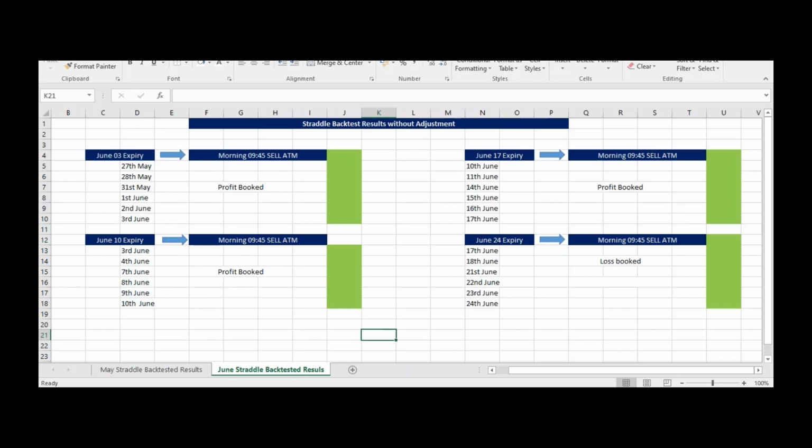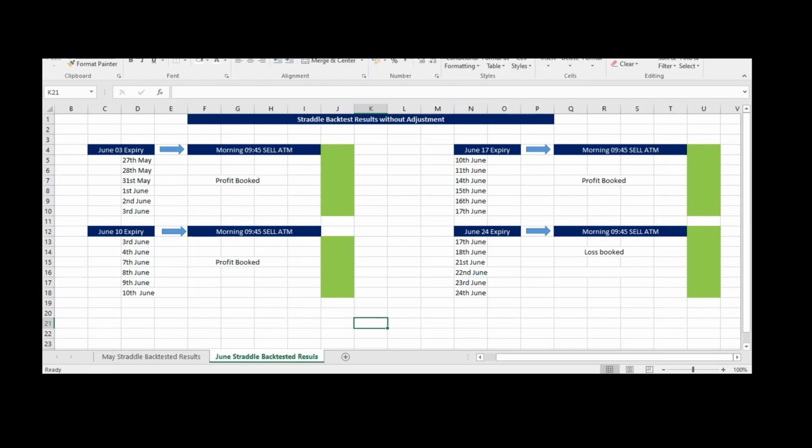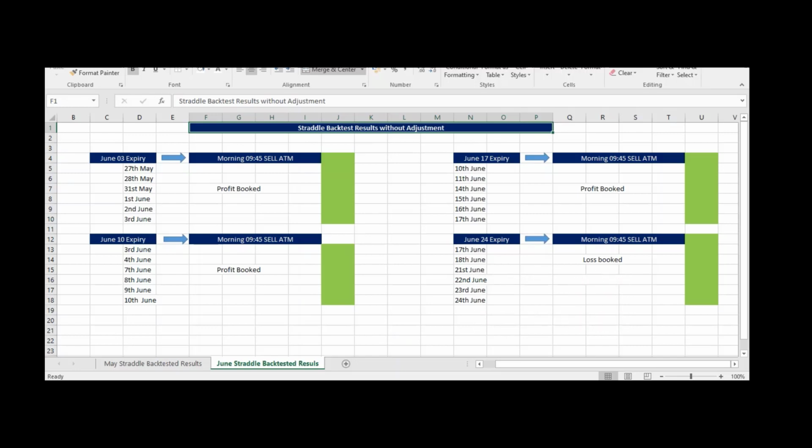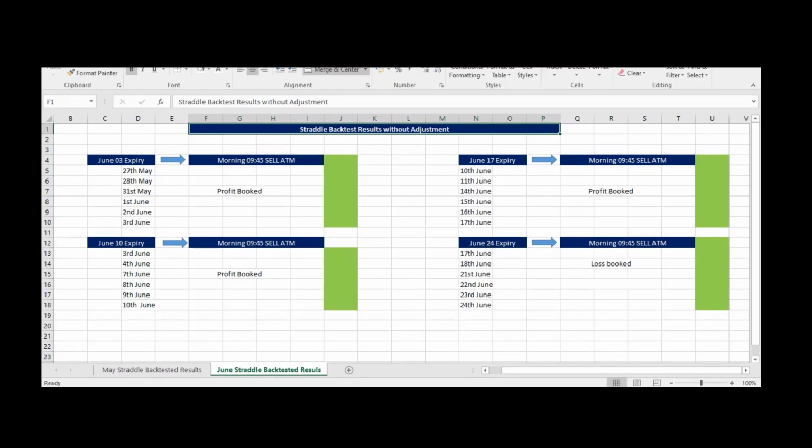So in our next video, I will discuss how to reduce the margin. We can use 2 lakhs of capital to implement the same thing by doing some hedging. I will explain how to do the hedging and which strike price we need to select. Now in this strategy, we implement the straddle without any adjustments. So our target is 10,000 and our stop loss is 5,000, right? When we do the hedging, we need to reduce our target. From 10,000, we need to reduce the target to 8,000 and the stop loss to 4,000. Okay, and definitely I will show you the straddle with hedging backtesting data in our next video.